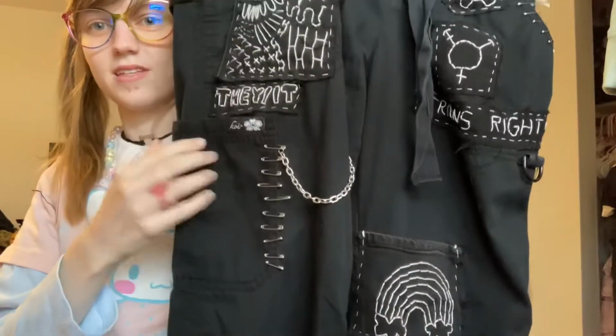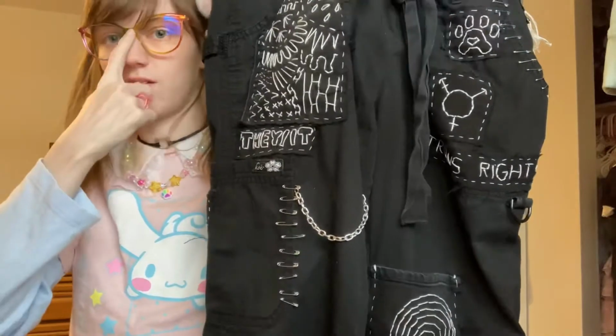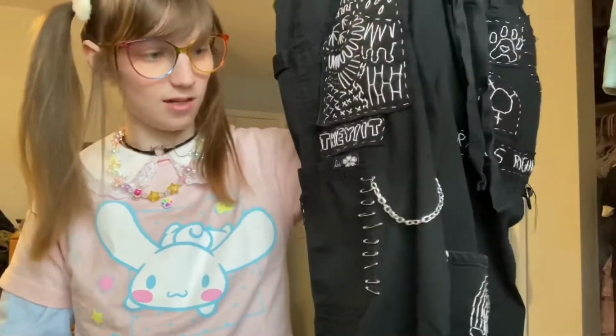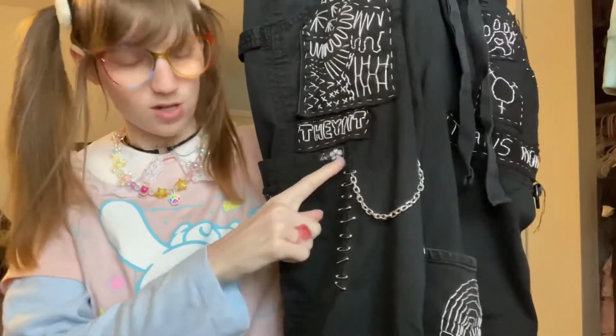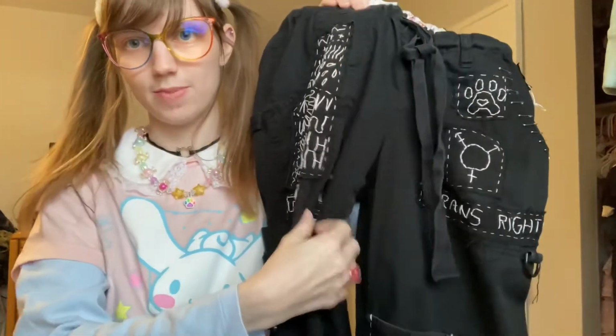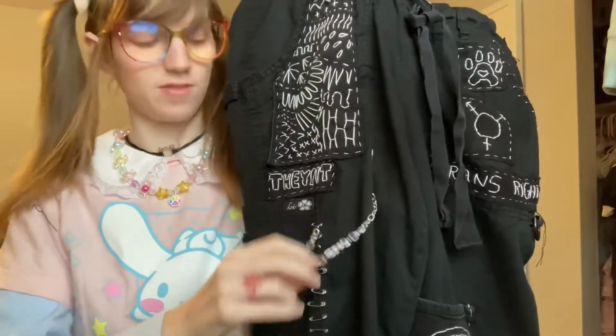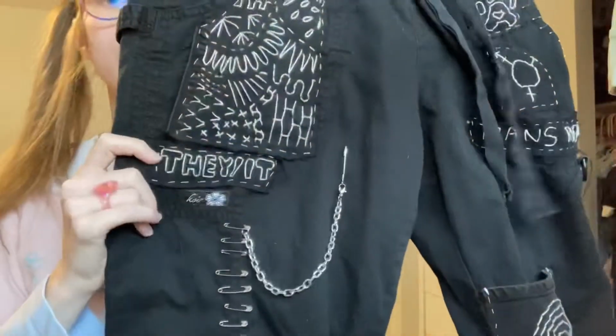Then, this pocket was already on here and this label is already on here, and I'm definitely going to leave that label because it fits the color story. But I just put some more pins down that side, and I attached a chain to one of them and a chain to the other pin, pinned it on. And I want to put more of these because I have some more of this trim that I want to use. I also put my pronouns on there,